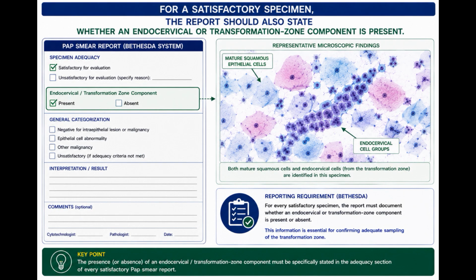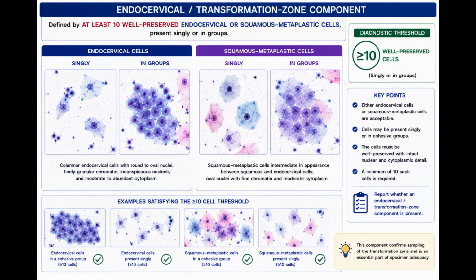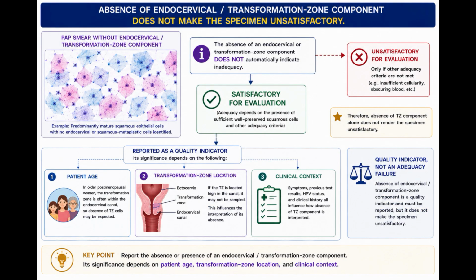For a satisfactory specimen, the report should also state whether an endocervical or transformation zone component is present. This component is defined by at least 10 well-preserved endocervical or squamous metaplastic cells, present singly or in groups. However, absence of an endocervical or transformation zone component does not make the specimen unsatisfactory. It is reported as a quality indicator because its significance depends on the patient's age, transformation zone location, and clinical